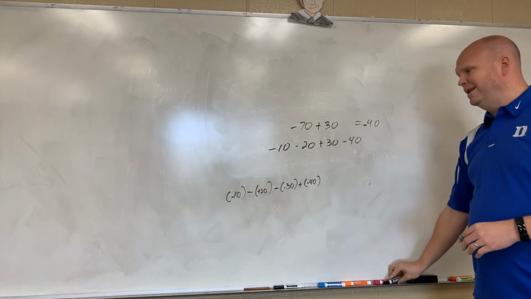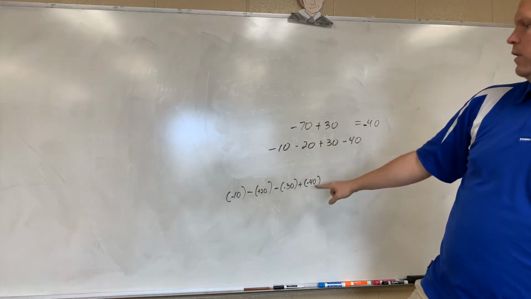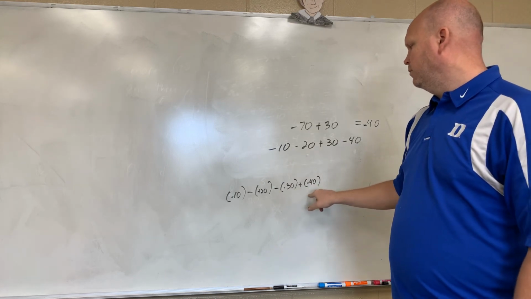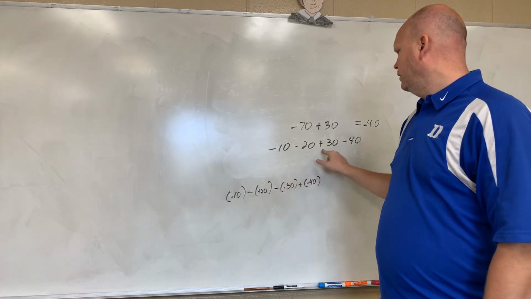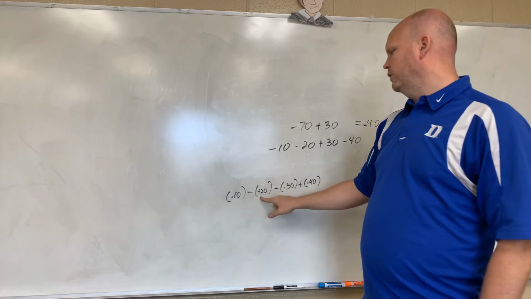That's signed numbers. Make sure you rewrite it so that you are taking away any double negatives and making them positive, like we did here with the +30. And if it's only got 1 of each, it's